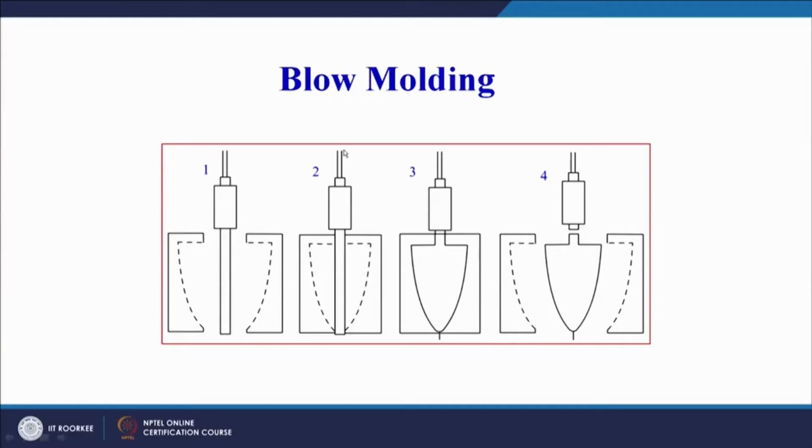So the second stage is we can have pressurized air, the mold has closed. In this case here you see the mold is open. Second stage, the mold has closed down and we get our final cavity or the final replica of the product that we want to make. So this is a hollow cavity. Third, air pressure from the top, the parison you can see here blows and takes the shape of the cavity inside the mold, and finally the mold opens and the product is taken out. So this is our final product.